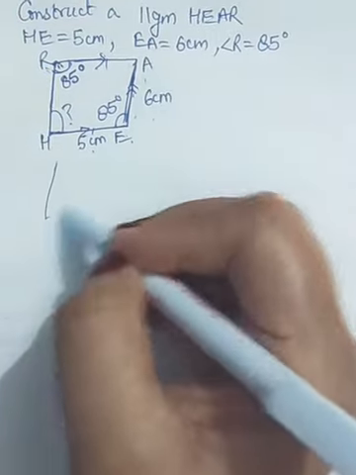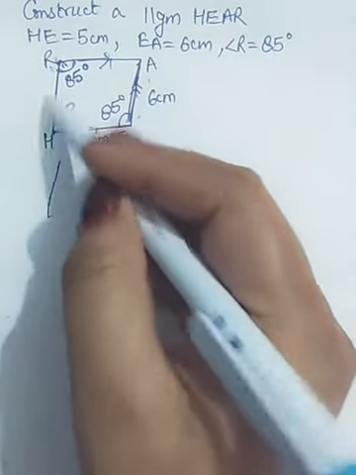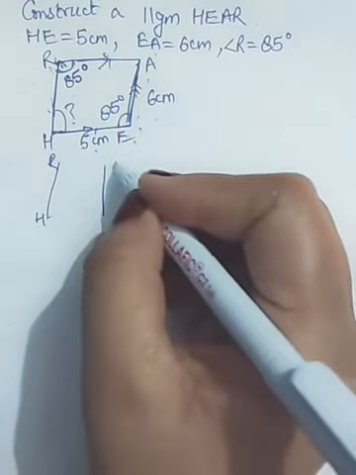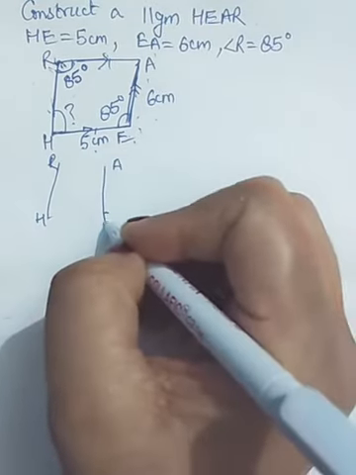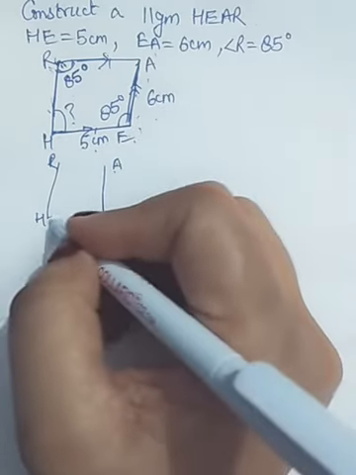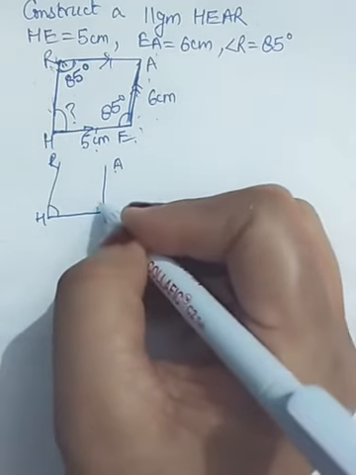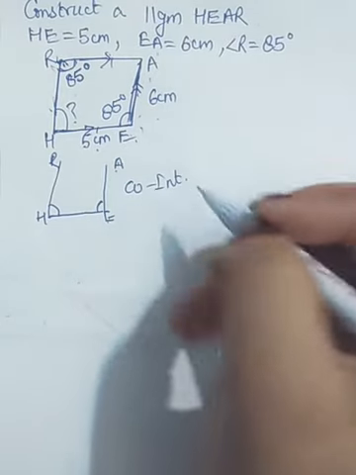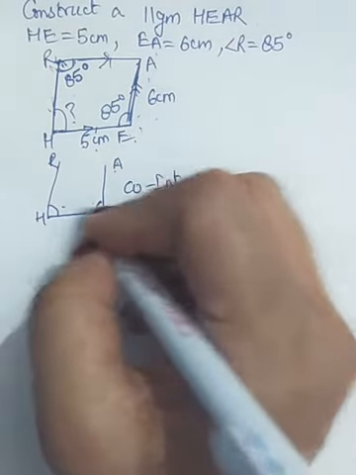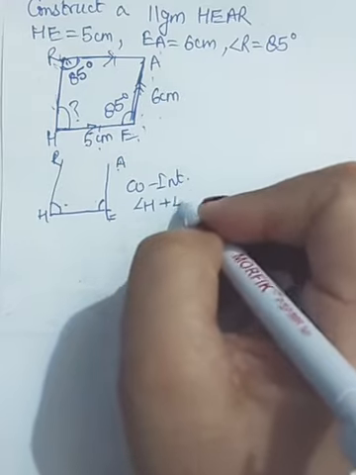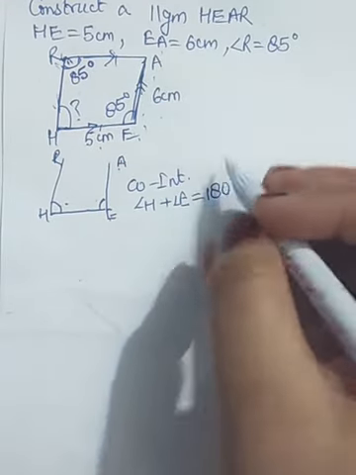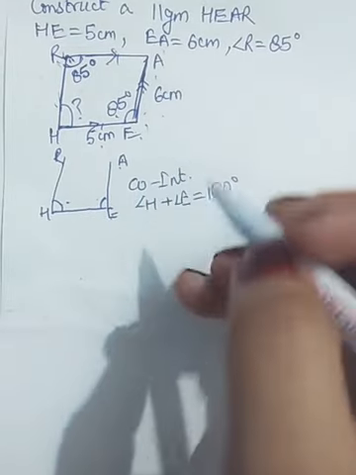Since the lines are parallel, RH is parallel to EA, and this is cutting, so these two angles are making co-interior angles. Co-interior means both the angles H plus E sum to 180 degrees. So if angle E is 85,